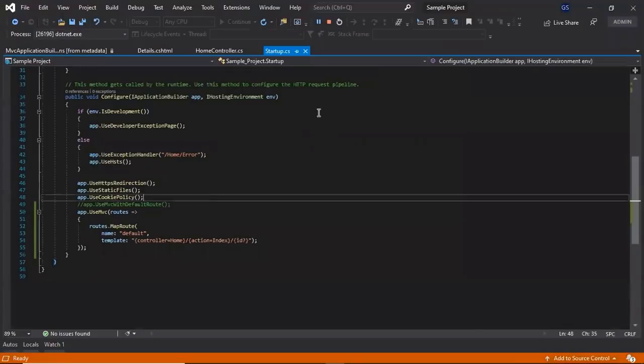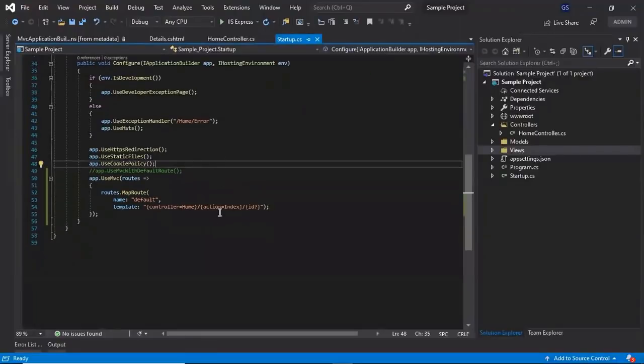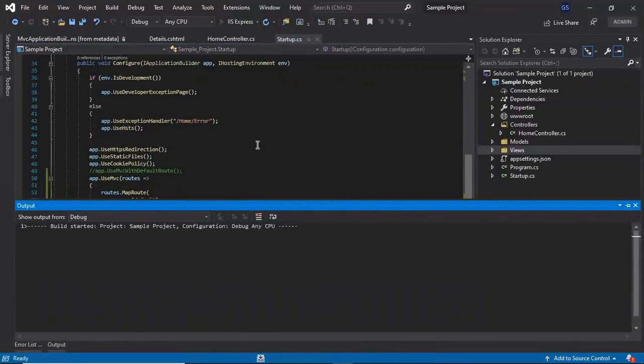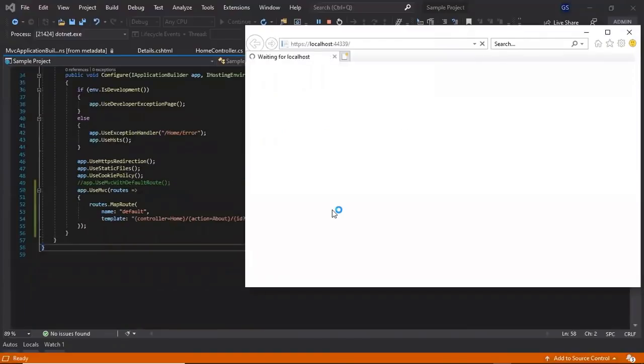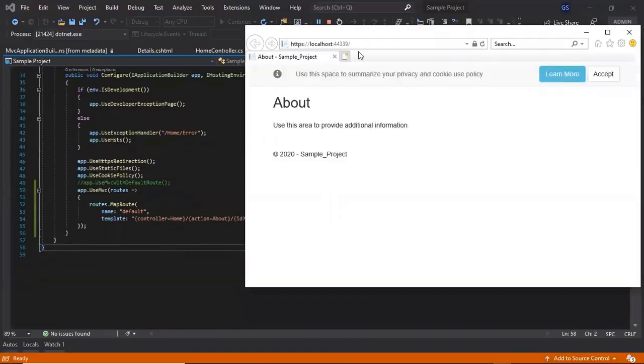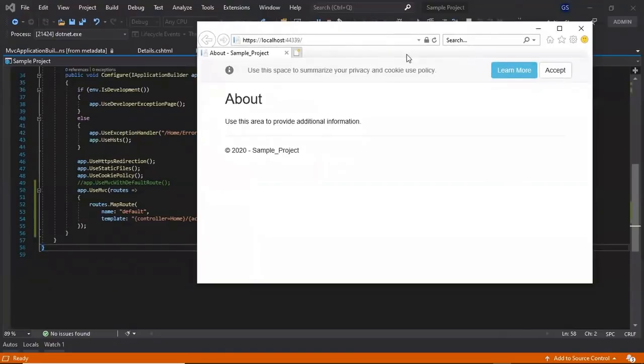Okay, let's change the default action name to About. Look, we are getting the About screen without calling the About action explicitly.